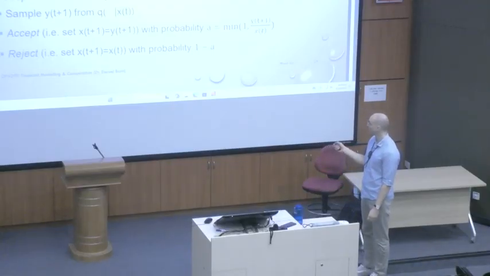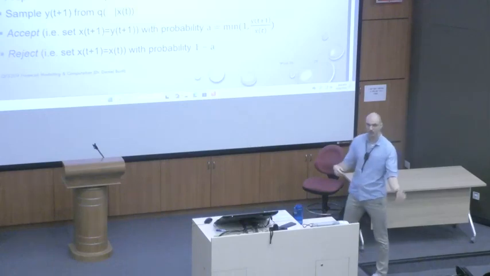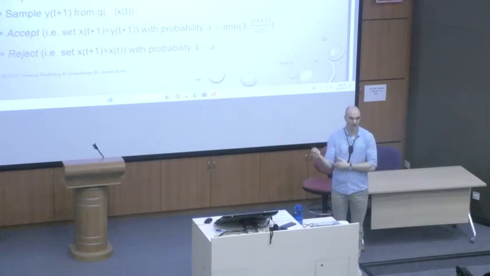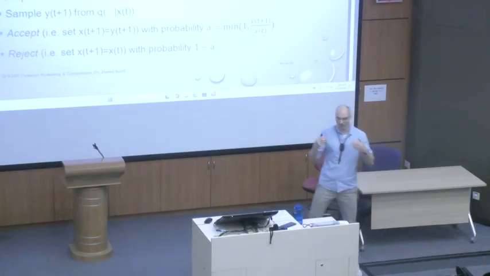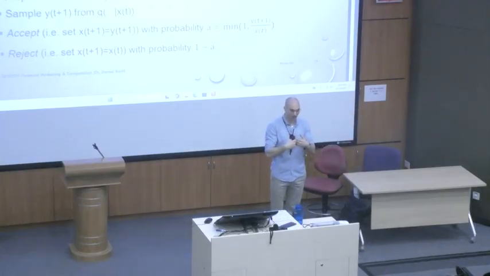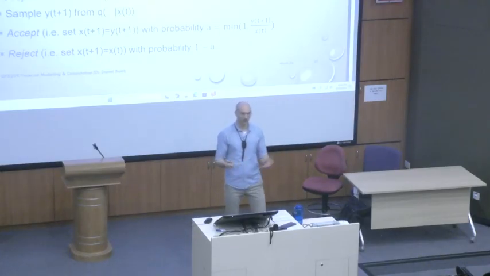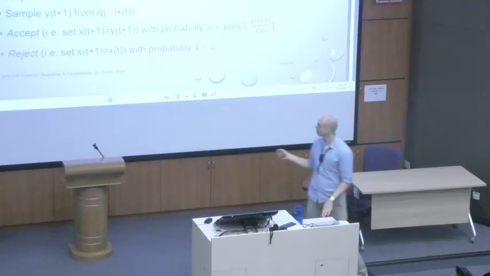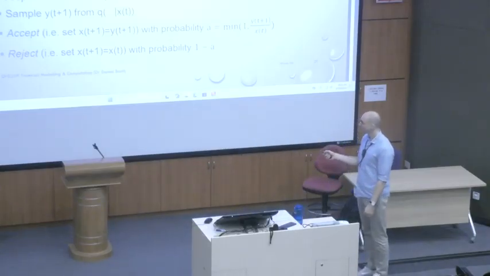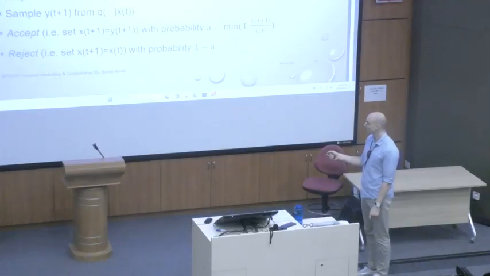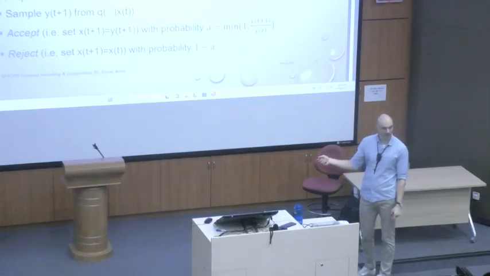You have a proposal distribution that is, for instance, just a Gaussian, centered at your current step. So here I am at the current step. I generate a Gaussian that proposes a step to the left or to the right of a certain magnitude. I sample, this is the next proposed step,